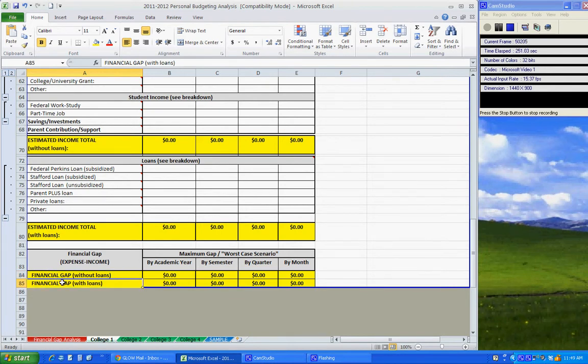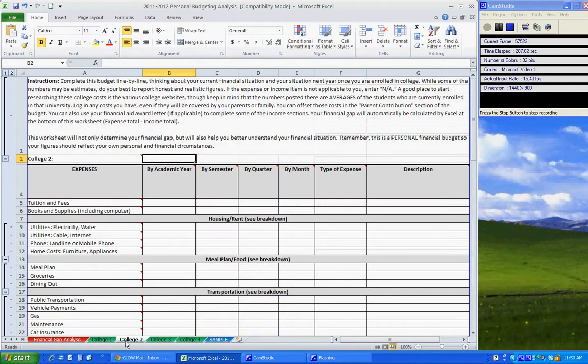If the complete budget results in a negative number in this section, do not be alarmed. This means that the student has successfully secured more than enough funds to pay for college. Therefore, there is no financial gap. Be sure to highlight this to the student and make sure that they understand what this means. Go ahead and have the student repeat this process for other colleges they may be considering. They can use the additional sheets, and they can scroll to the bottom of the screen to retrieve these extra